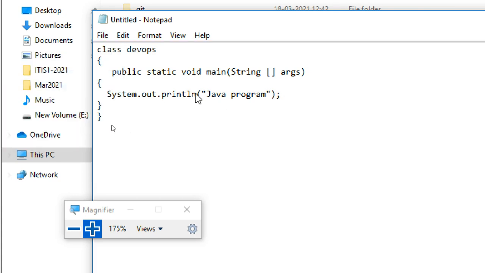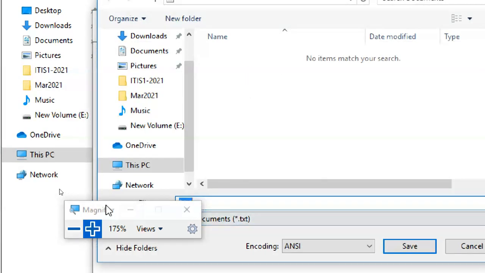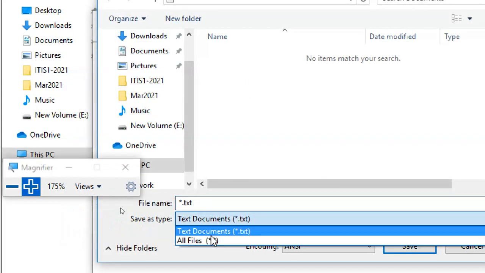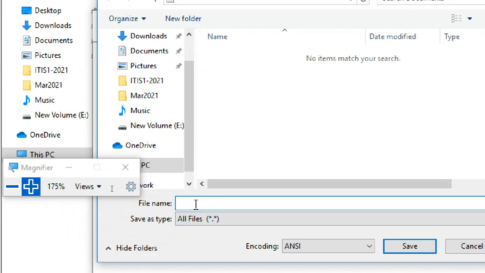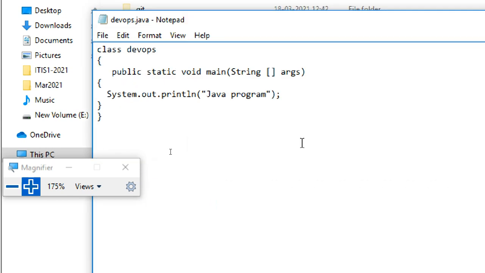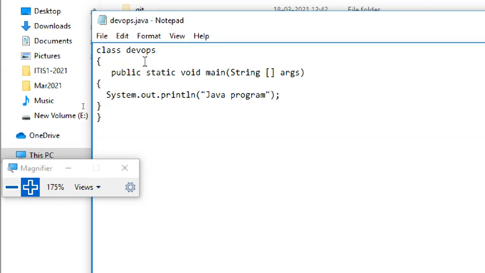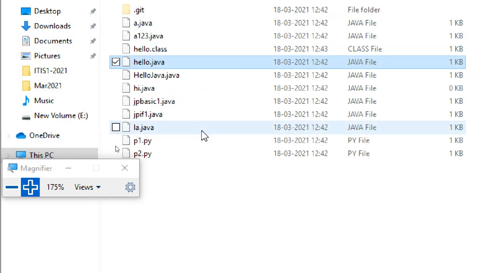I'm saving it. Okay, DevOps. Better always give the same name. What is the class name? Public class. That's the name we should give. DevOps. DevOps.java is the class name. If you don't understand, also no problem. So I have a file now.